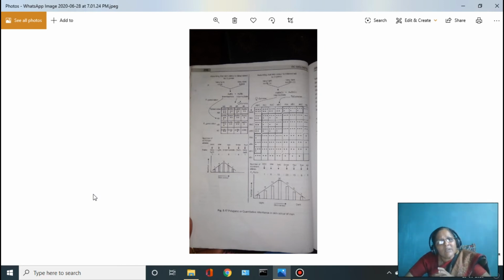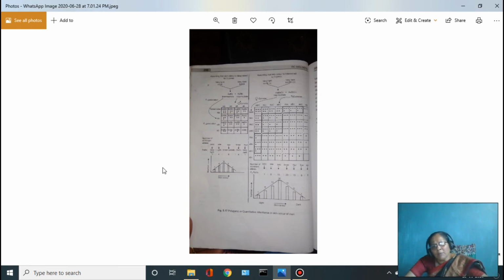And continuous variation is produced due to the cumulative, that is the additive effect, and variation is produced due to the combined effect and the environment. So each gene has a certain limit in the development of a particular character. If the number of genes is more, the effect may be more. So, when we study polygenic inheritance, the typical example given is human skin color.